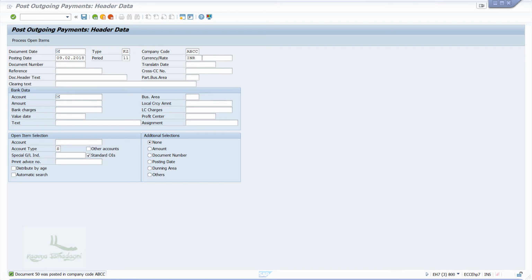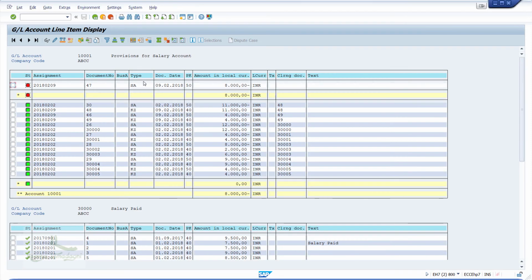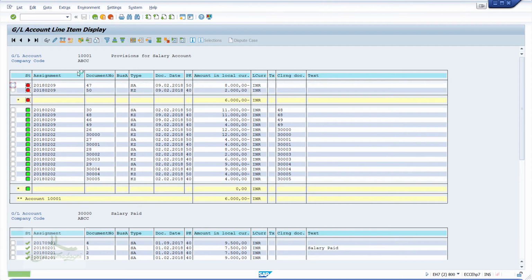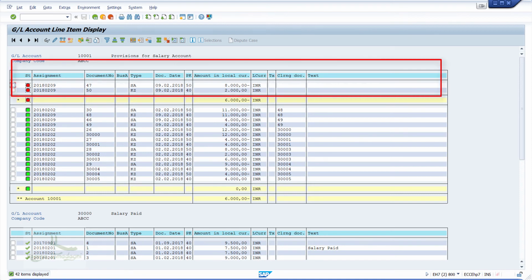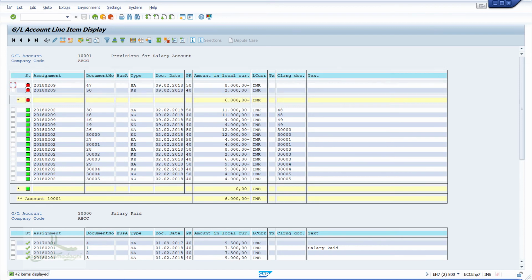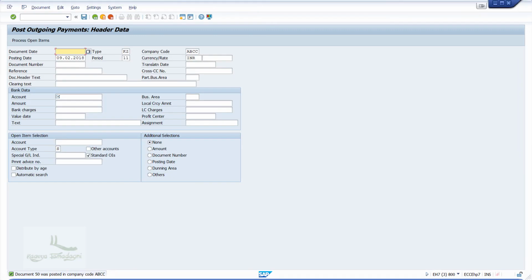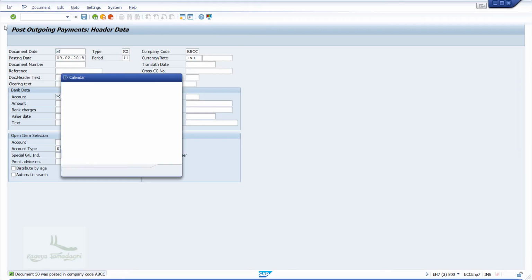I will now switch to my other session where I had kept the FBL3N report open. Here, go to the list and click on refresh. Now, you can see there are 2 lines as open and the total outstanding is 6000. Now I'll switch back to my other session and make another payment posting of the remaining 6000 and see the effect.